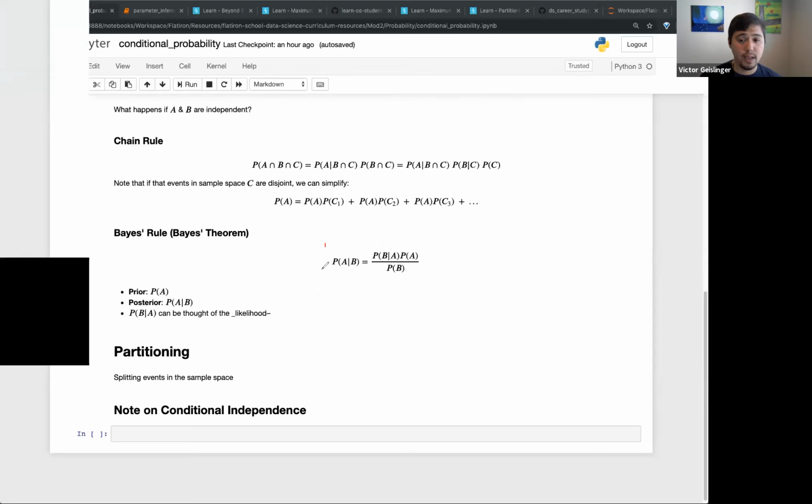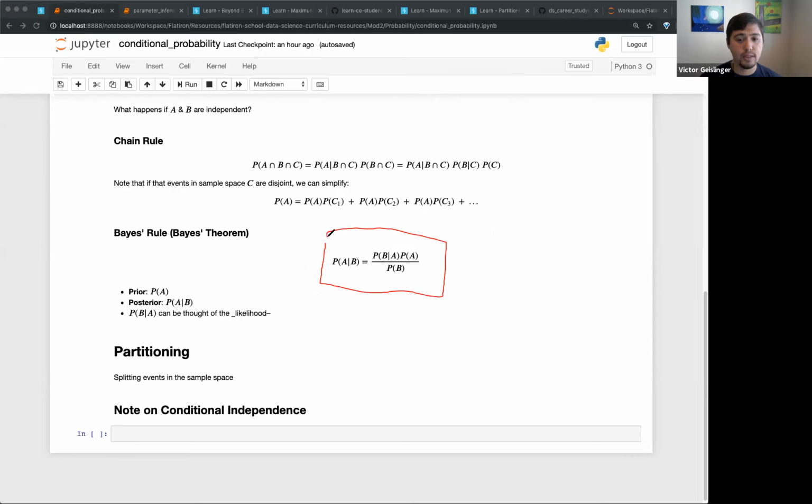Of course, the curriculum does start talking a lot. There's a whole section dedicated just to Bayes' theorem, sometimes called Bayes' rule. But it's something I think we can talk about more when we go into naive Bayes, when we actually do some of the machine learning aspects. But if you're curious, it's in the curriculum, so you can start looking at that now. And I think you should, but we'll talk about it again.